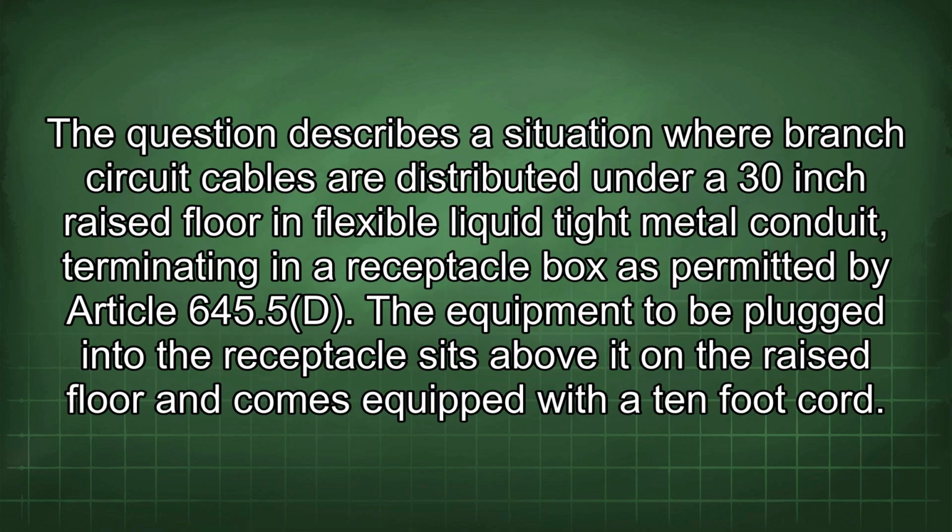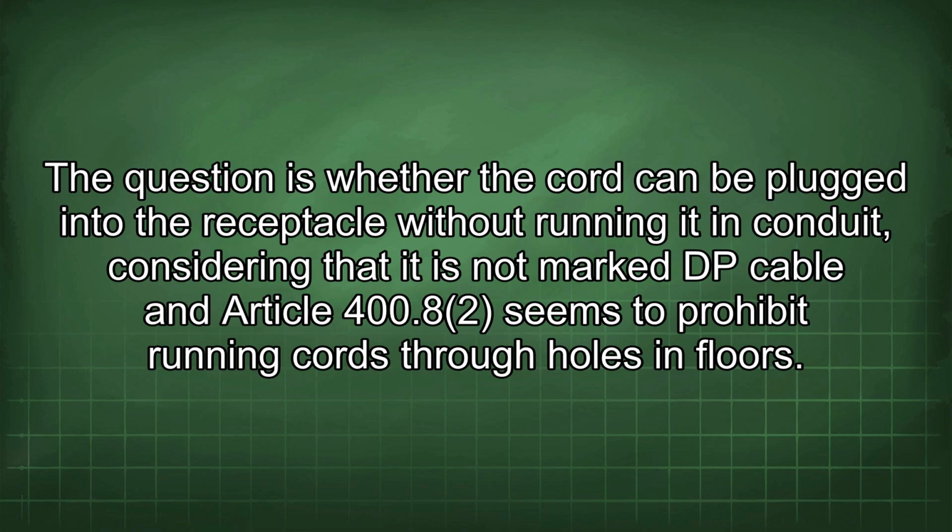The question describes a situation where branch circuit cables are distributed under a 30-inch raised floor in flexible liquid-tight metal conduit, terminating in a receptacle box as permitted by Article 645.5(D). The equipment to be plugged into the receptacle sits above it on the raised floor and comes equipped with a 10-foot cord. The question is whether the cord can be plugged into the receptacle without running it in conduit, considering that it is not marked DP cable and Article 400.8 seems to prohibit running cords through holes in